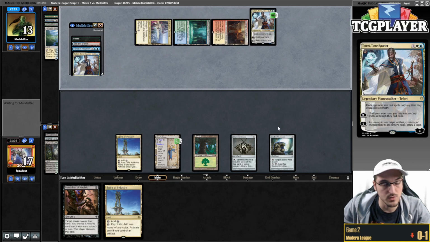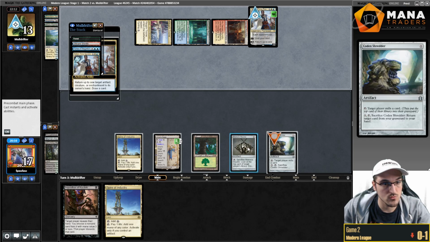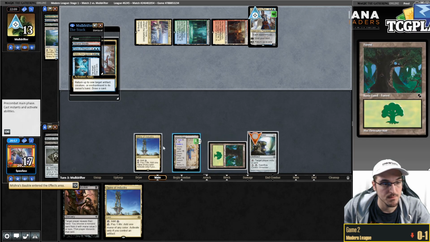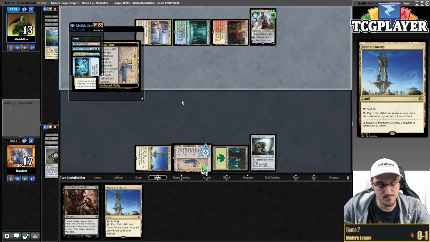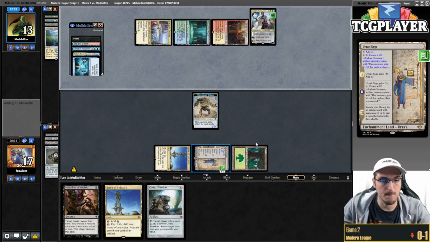Okay, that's one of the Teferis we knew. And they can't really even plus here. I mean, they can, but it's just like a bad play for them. I'm gonna see what they draw. Fire and Ice. And again, this just kills the Tef, so...